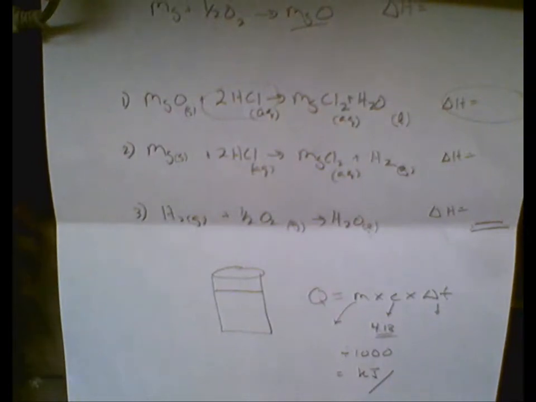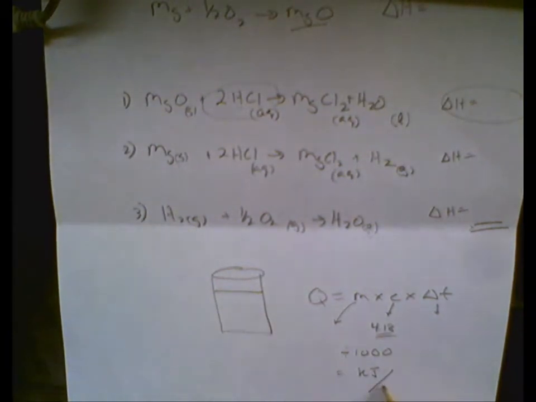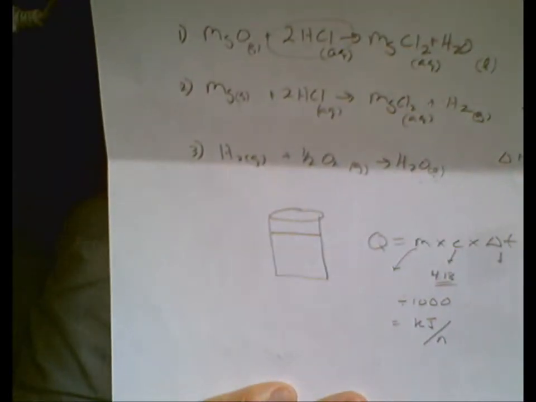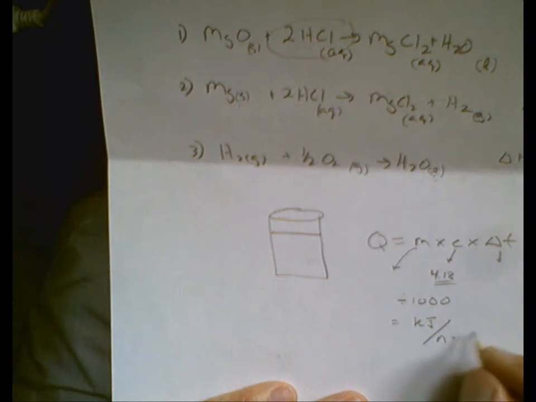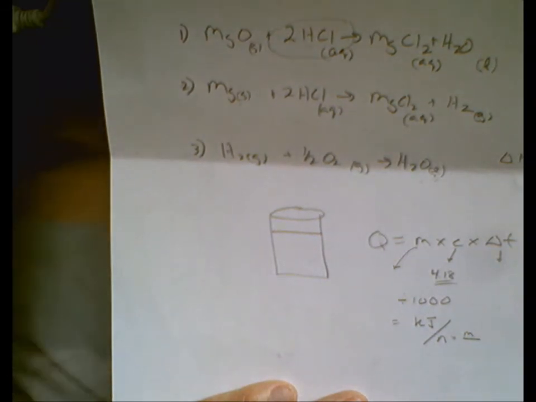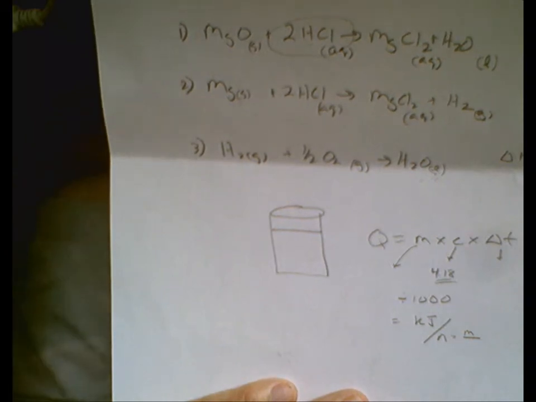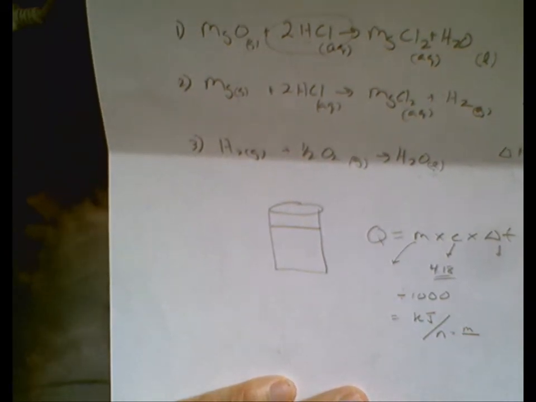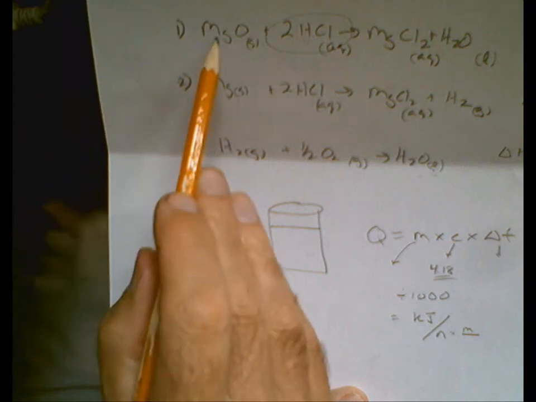So you might be asking yourself, why did they give me the mass for magnesium oxide if I don't use it in this formula? Well, you do. Because whatever answer you get in kilojoules, you have to divide by the moles of MgO used. So take the mass of MgO, which they'll have in that chart, and divide it by the molar mass of MgO. So if you go into your periodic table, I believe you're about